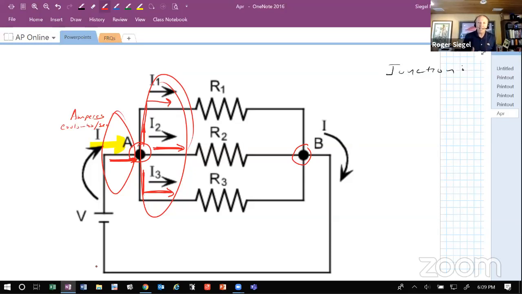We can't create any new charges, and we can't make any disappear. So however many coulombs per second are flowing into the junction is going to dictate the total amount of coulombs per second flowing out of the junction, just as if it were an incompressible fluid like water. Water is often used as a metaphor for electric currents. So let's take a look at the simulation for this